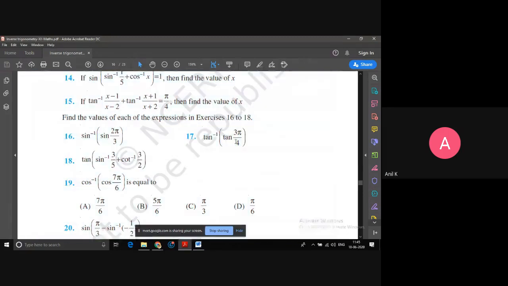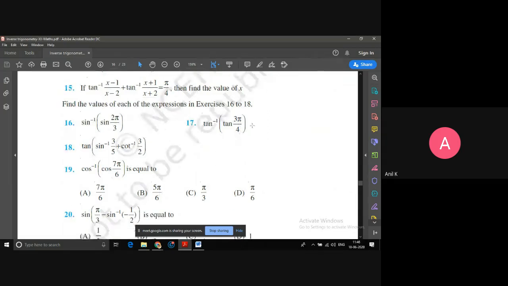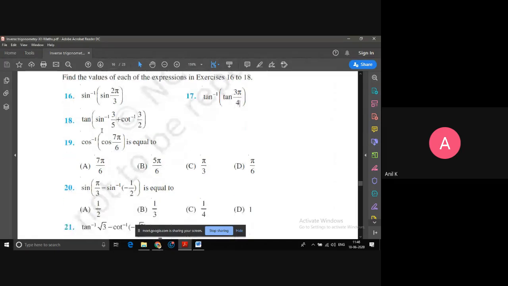Here also, first you find tan 3 pi by 4 value. 3 pi by 4, I think pi by 4 is 45. 3 into 45 is going to be 135. Tan 135 is in the second quadrant. Second quadrant means 90 plus, so cot 45 will come. Cot 45 is 1, but because it is the second quadrant, minus 1 will come. So tan inverse of minus 1 is 135 only. Like this, whatever answers you get here, you have to take care that the answers are in the principal value range.